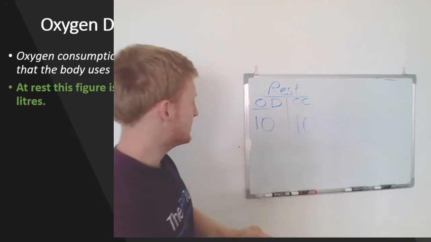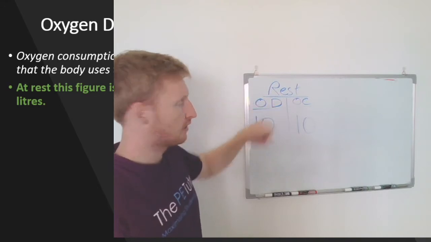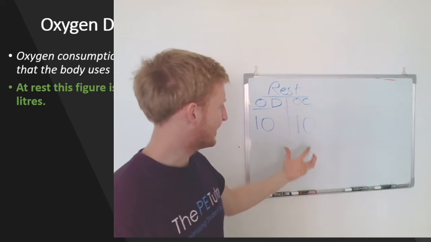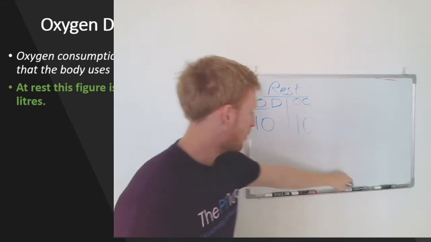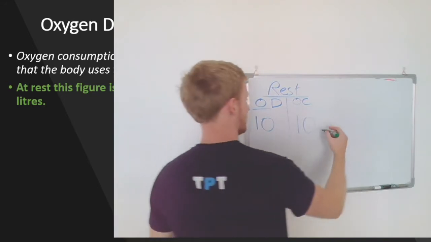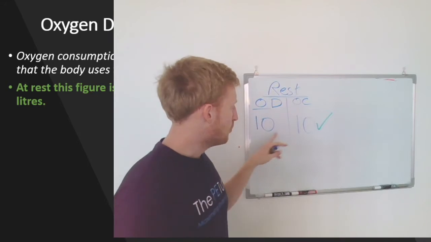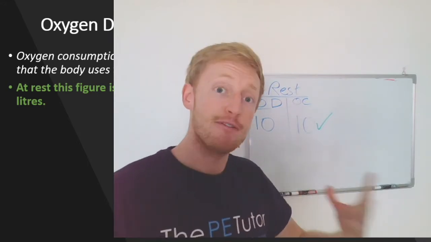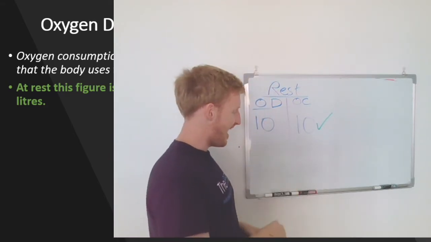My body is currently breathing in and delivering 10 oxygen. My oxygen consumption inside the muscle and around the working body is also 10. So at the moment, these are balanced. That's okay. I can work aerobically, there's no lactic acid being produced, I have enough ATP to function properly, this is all looking good. But when I start to exercise,